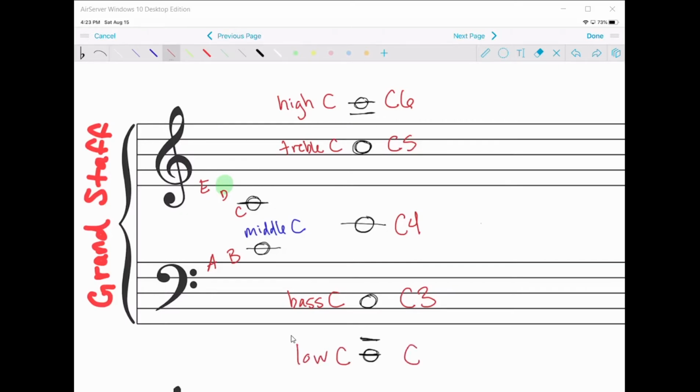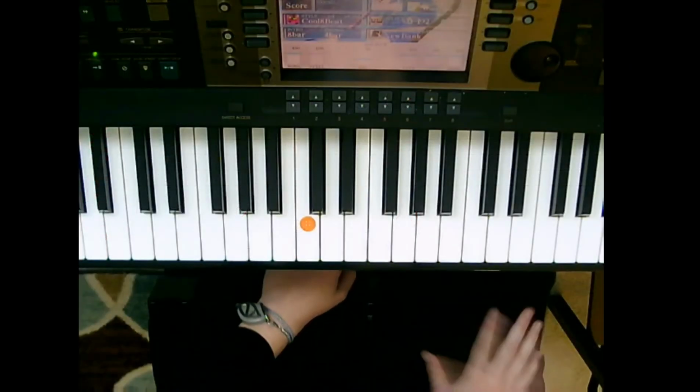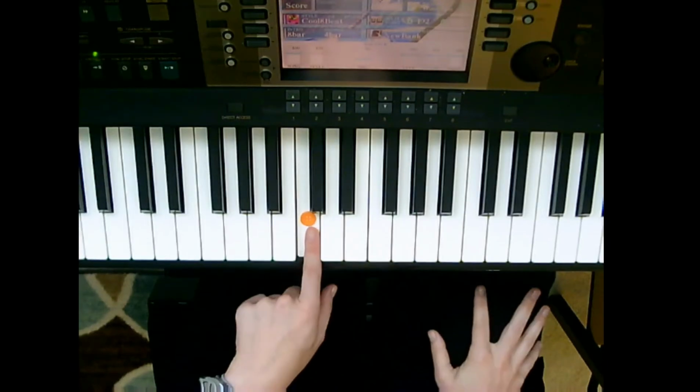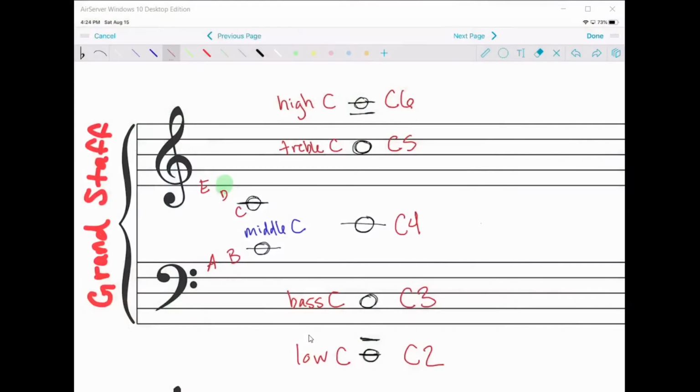And this one would be C2. Okay. And you have two more beyond that. You have C1 and C7, and then again, C8 at the tip top of the piano. So if we take a look at our piano, here is middle C, which again is in the middle of